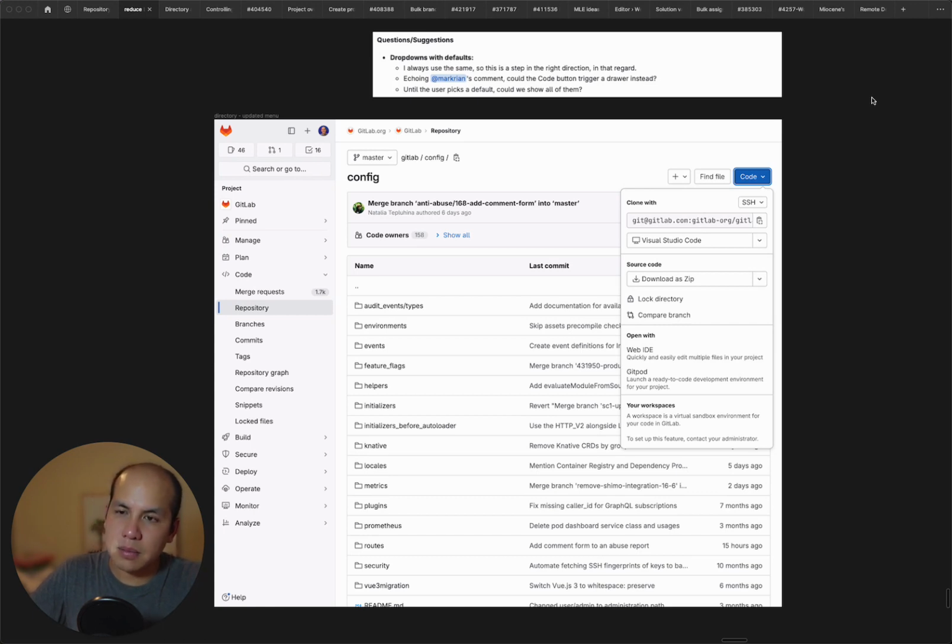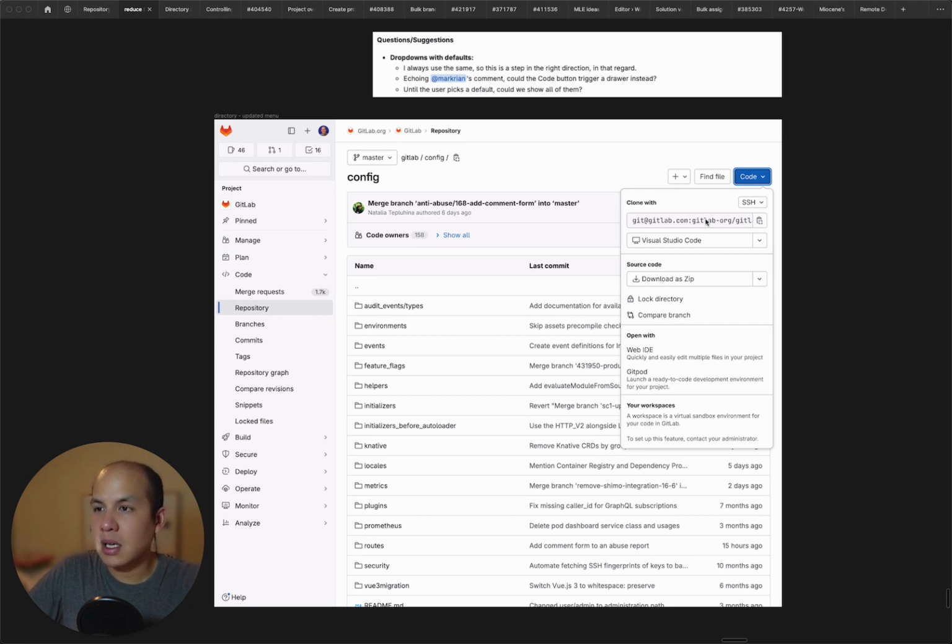I'm addressing some of the feedback I got from the directory page redesign, specifically the drop-down menu that gets invoked when you click on the code drop-down menu. So the idea here is combining all the actions, clone, open with, which used to be in edit, all into one menu. And as you can see, this is a drop-down, and there's drop-downs within drop-downs. And from an interaction standpoint, there could be issues with that, with targeting the correct drop-downs when the drop-down itself